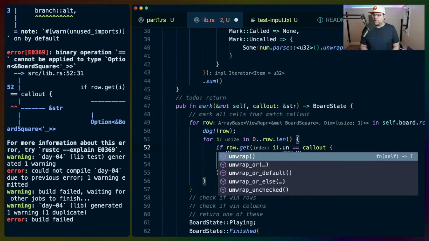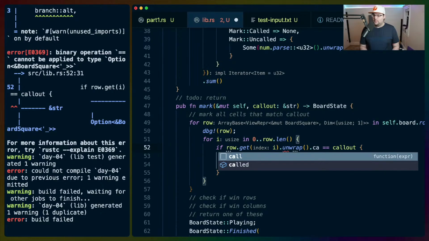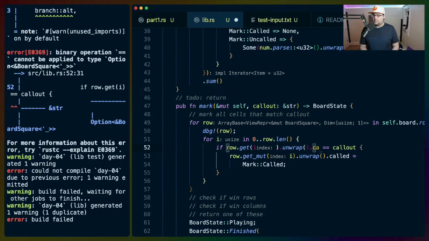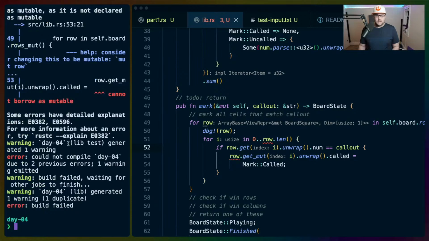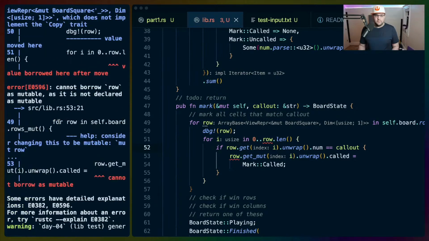Row.get I.unwrap dot call, no, dot num. And this is going to be